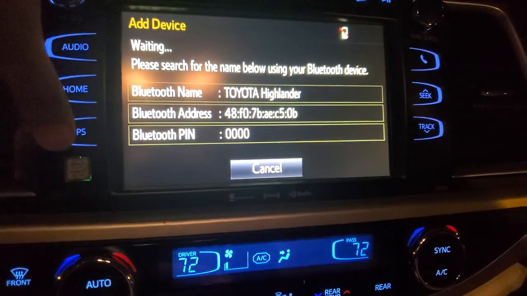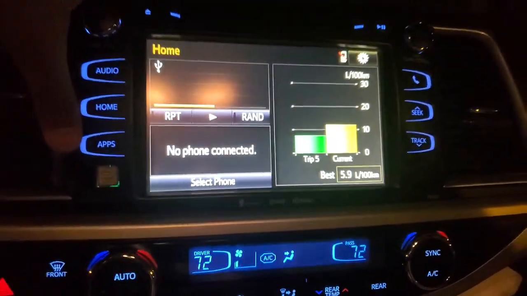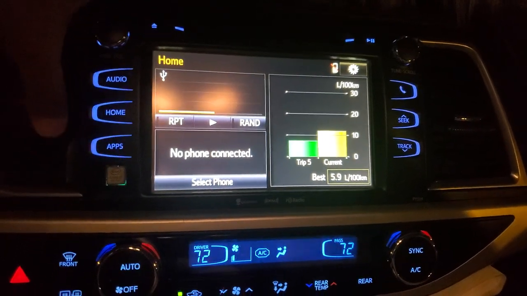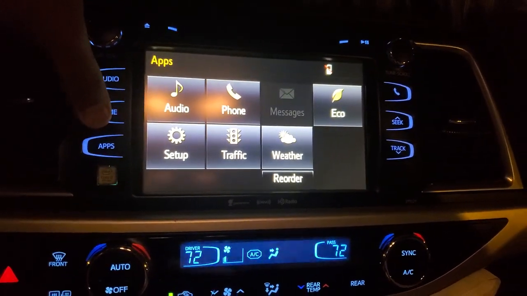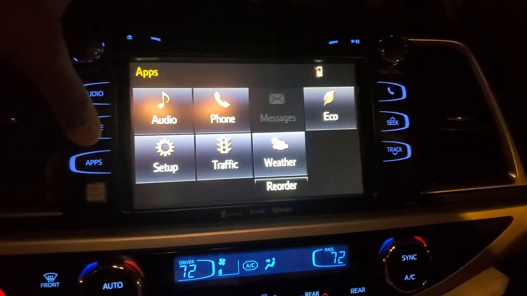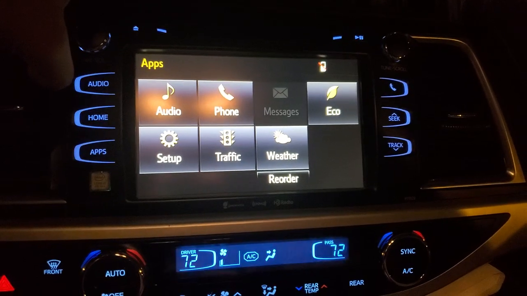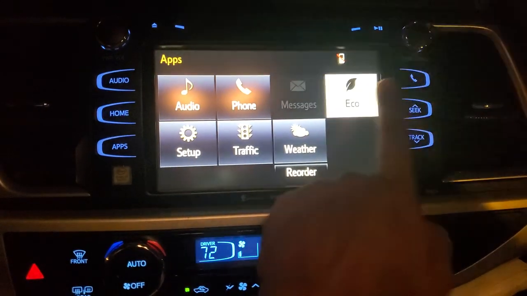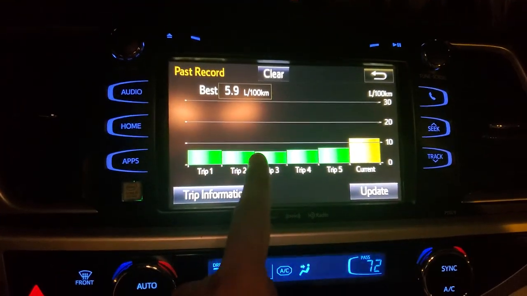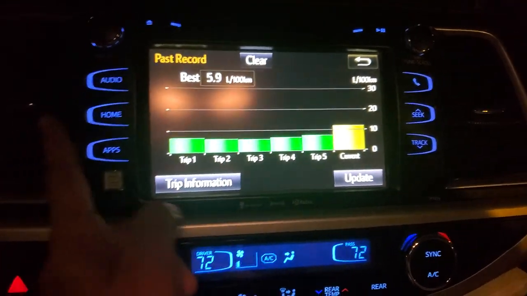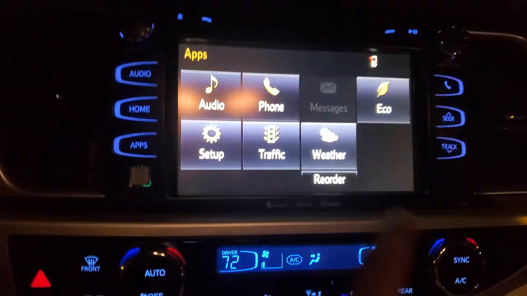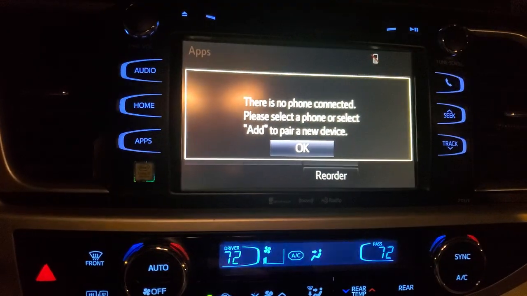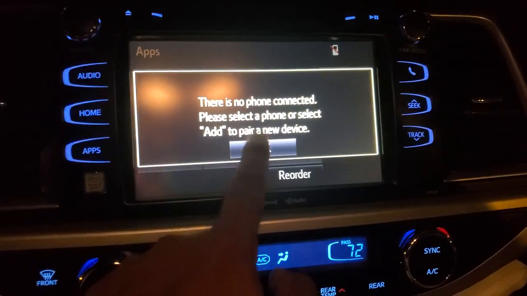Okay, and then let's go to home again, and there is another tab for apps. This shows all the options that this infotainment comes with. So this is the same screen that was coming on the home. So let's go back, and then we have phone. You know this, there's no phone connected right now to pair.